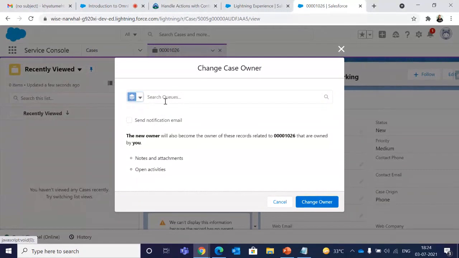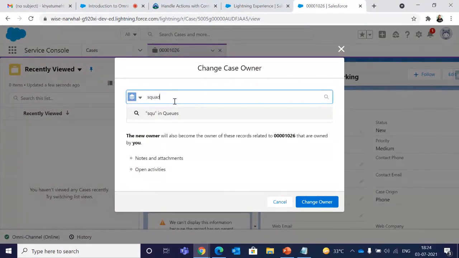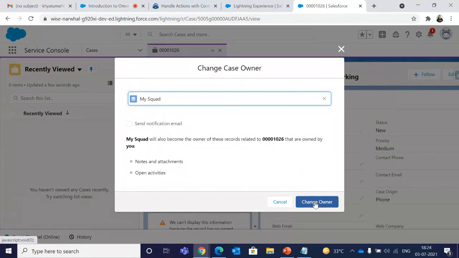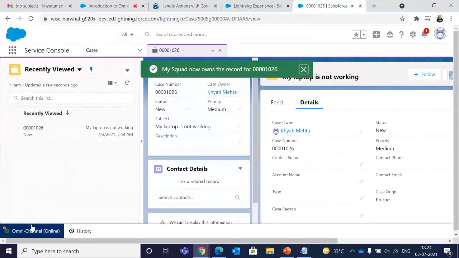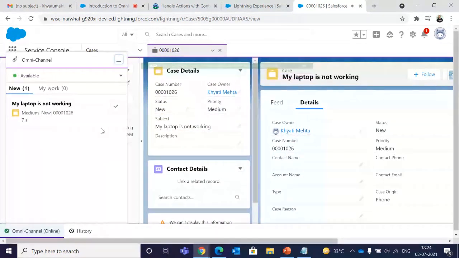So I'll just click on queues. I'll find my squad that I created. I'll just click on that. Change owner. Yep. So here you go. Okay. So this was the subject. My laptop is not working.